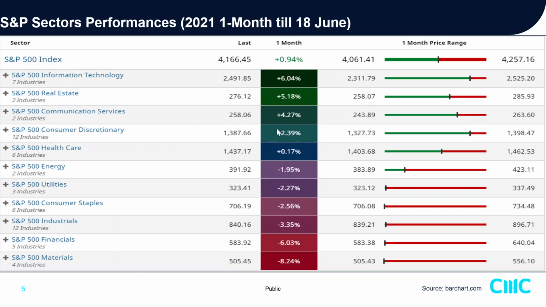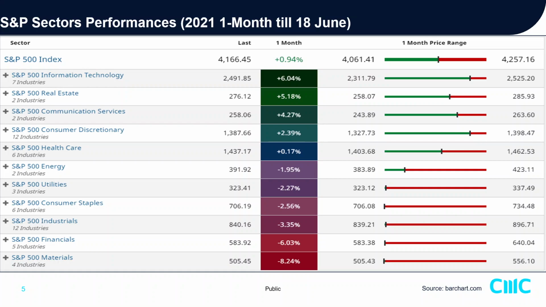All right. Then the one performing the worst for the 1 month rolling till 18 June will be your cyclicals, your industrial, financial, materials. Over here, energy is slightly better at negative 1.95%. All right. However, the story now has started to tilt. So I will not be so aggressively bullish on that cyclical or value theme play for this coming quarter, which is Q3.